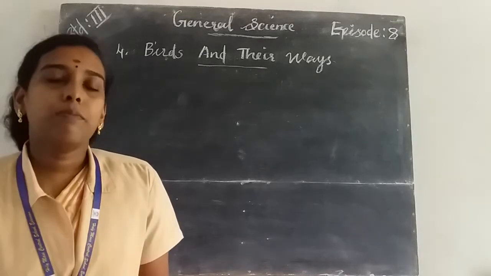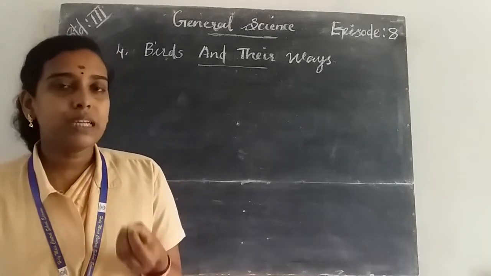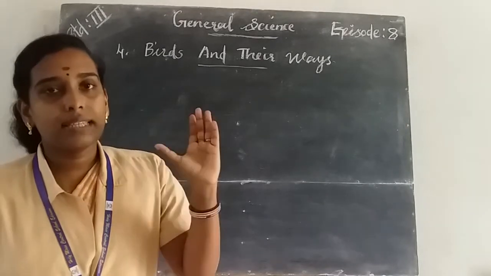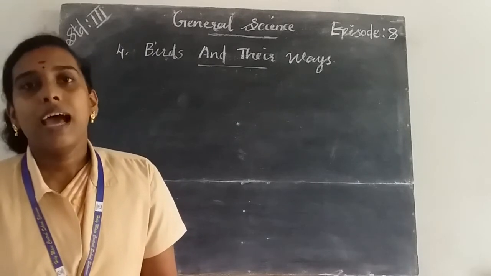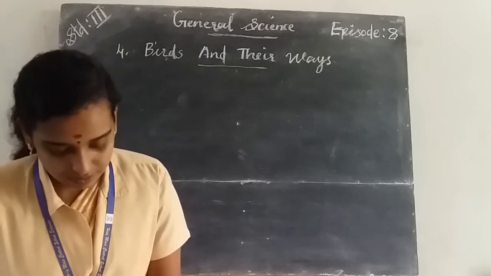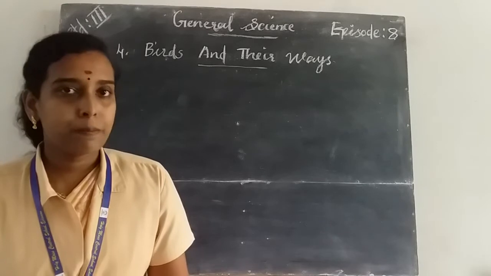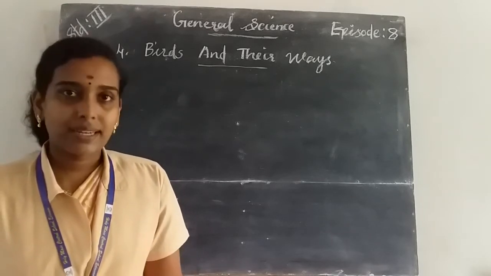And we also studied about flightless birds. Flightless birds means the birds do not have strong wings and tails. These types of birds cannot fly and are called flightless birds. The ostrich is the largest bird and it lays the biggest egg, and the ostrich is an example of a flightless bird. Kiwi, emu, and penguin are other examples of flightless birds.